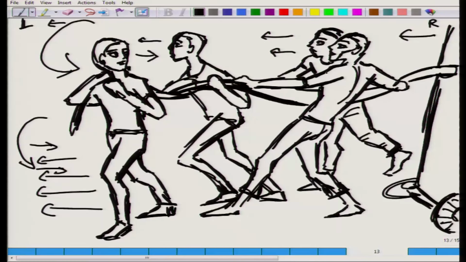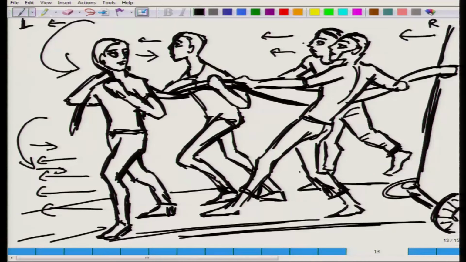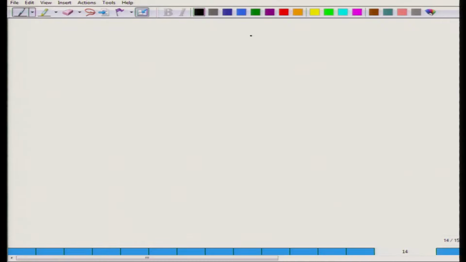So, that will give us a sense of balance in the composition even when there is an obvious asymmetry taking place, where the subject matter is also demanding that there is a collective effort going on to pull a certain object in one direction. Another example,